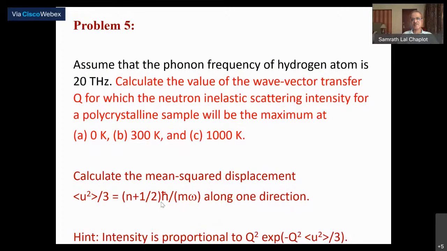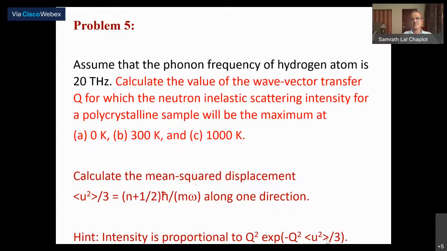Displacement is actually given by this term. This is just for a simple harmonic oscillator. What is the mean square displacement for a simple harmonic oscillator with the oscillator frequency of omega and mass m? You would get this. So from U, you can calculate U square at different temperatures, and then the intensity is